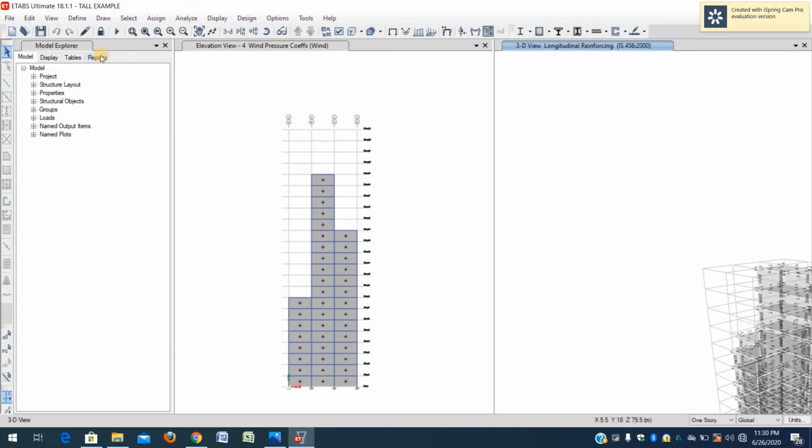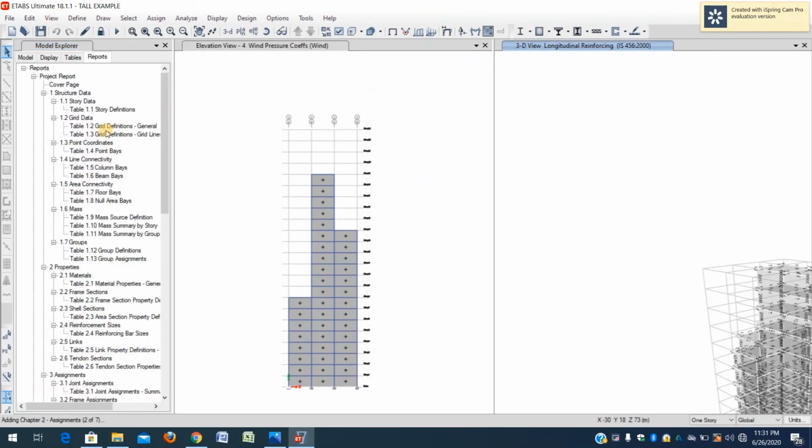And for the reports, go to the model explorer, go to reports, select project report, and double click on project report, and double click on summary project to get the project reports, the entire project of what you've done here. As in the ETABS 18 version, we don't have the detailing option in this. Okay, the project report is getting ready. Wait for a while.